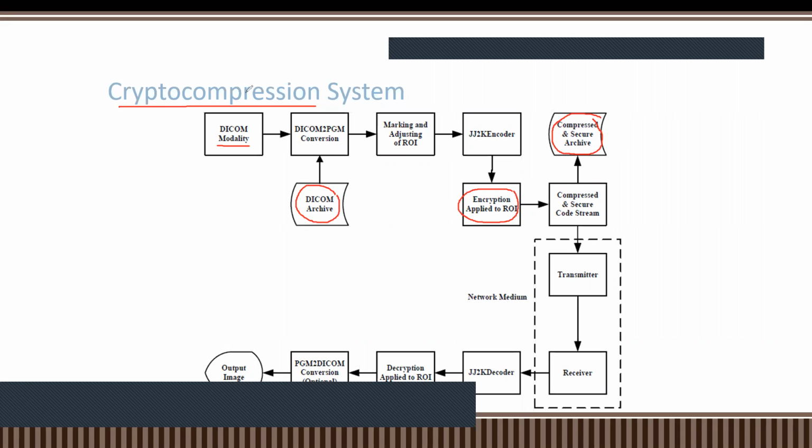So in this way, a crypto compression system can be formed and can be realized. Means the two simultaneous technologies,